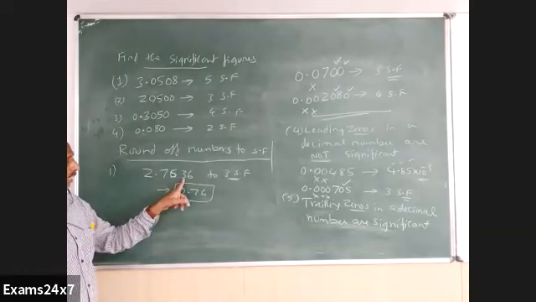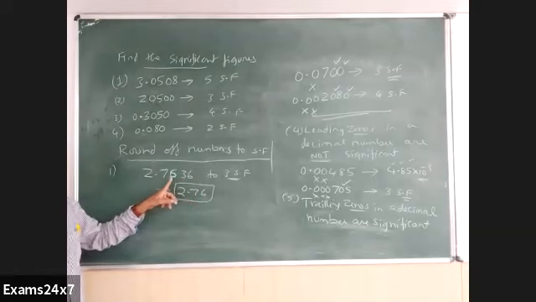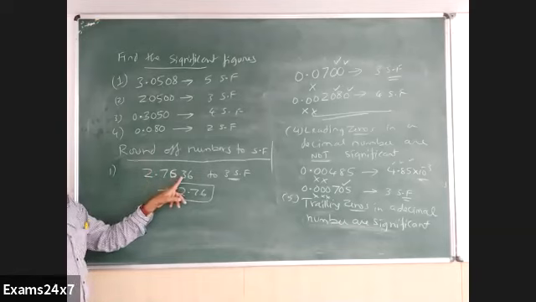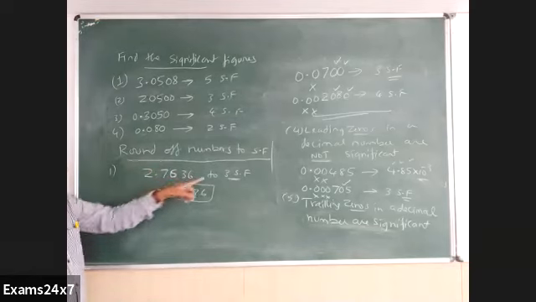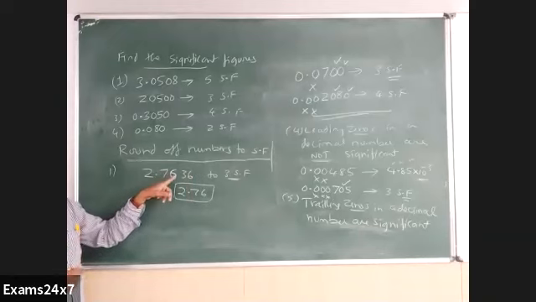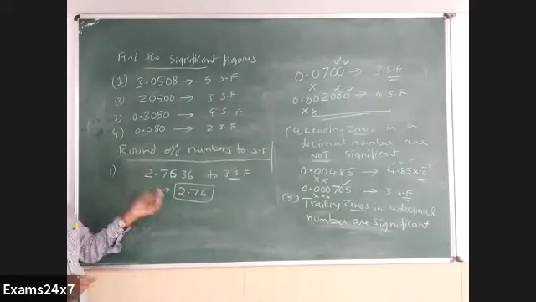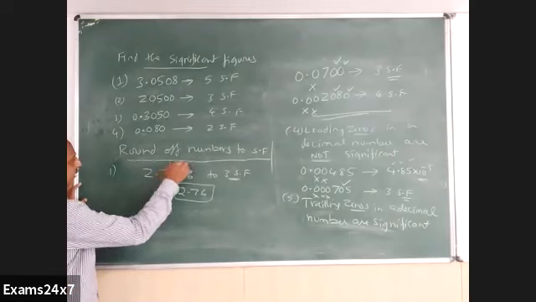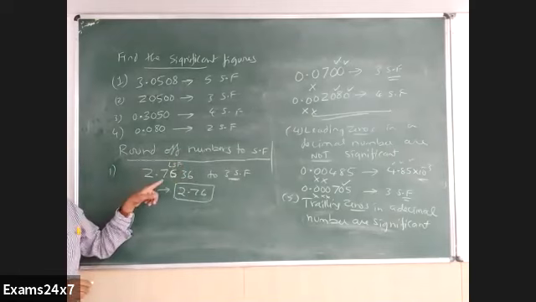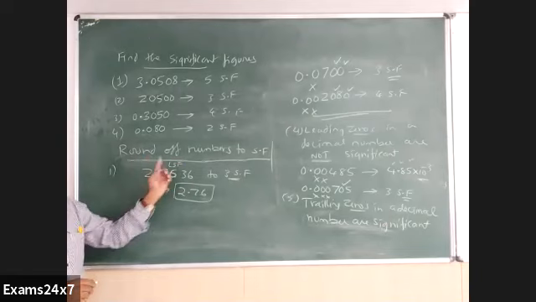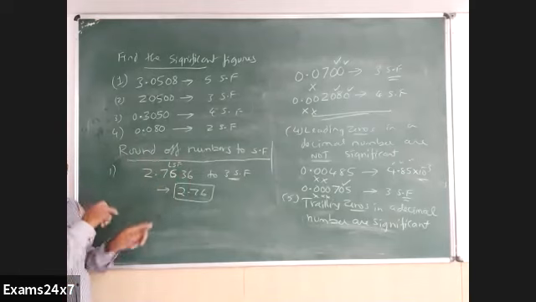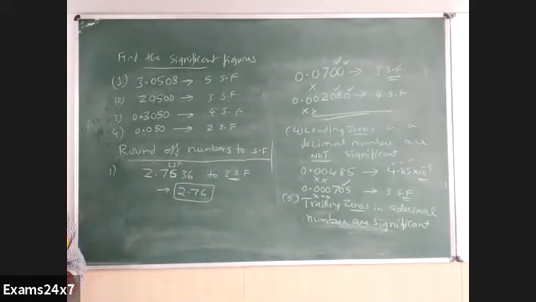Instead of 3, if it were 6 or 7, 8, etc., I should have written this as 2.77. Raise it by 1. So when the number next to the required significant figure number, like 3 means here, fourth one, if it is less than 5, ignore it. More than 5, raise the least significant number. This is called a least significant figure. Here, third one it is. So that has to be raised by 1 if the next number is more than 5. It is retained as it is if that number next to least significant figure is less than 5. That is a rule, simple rule.